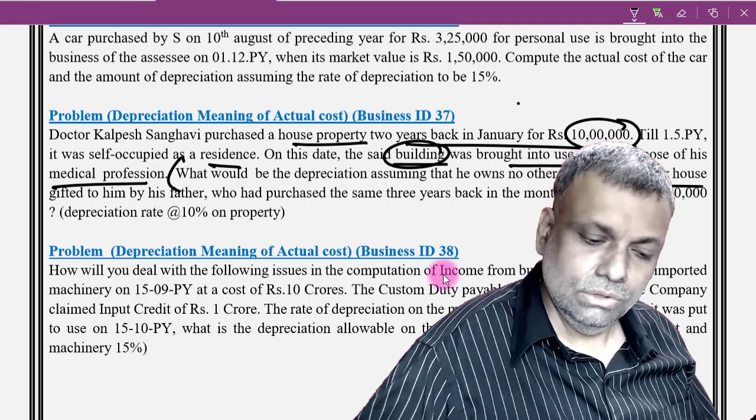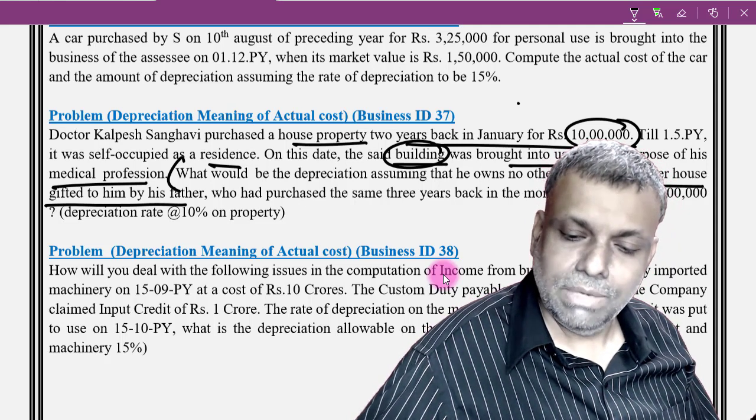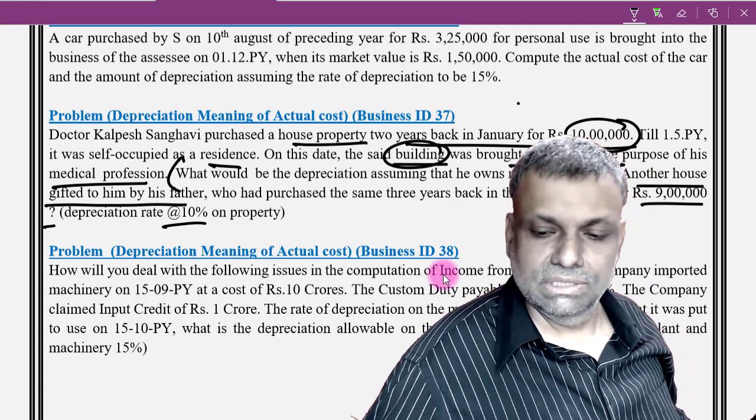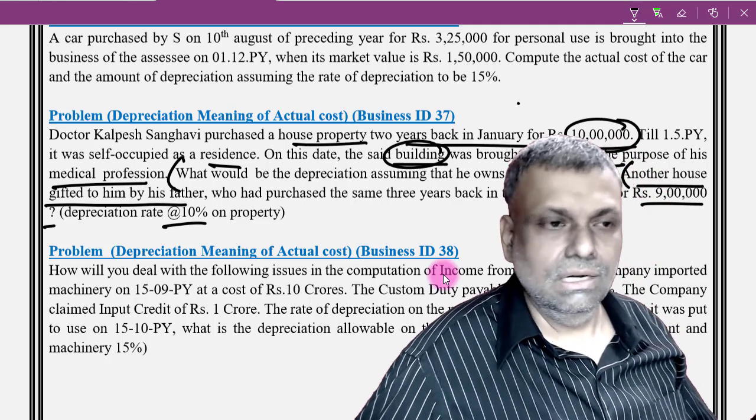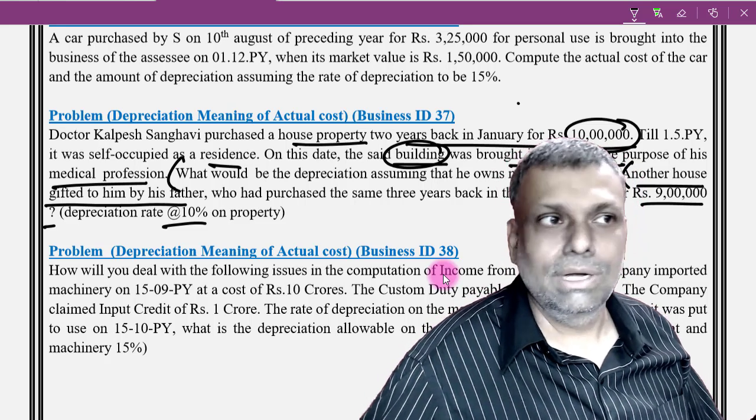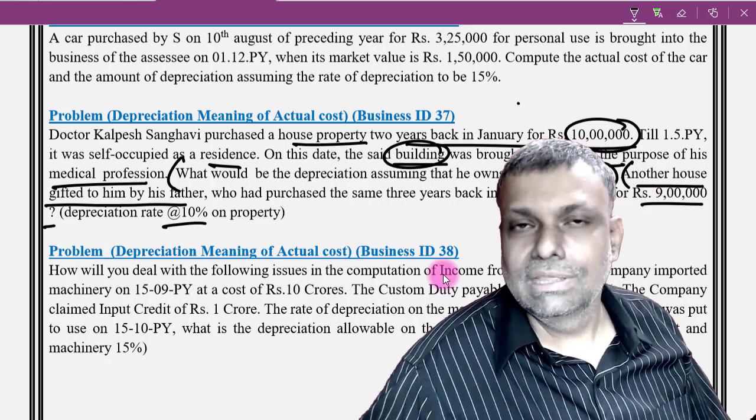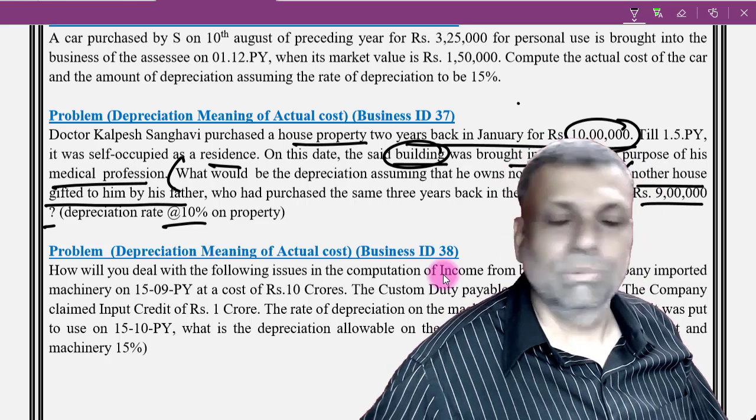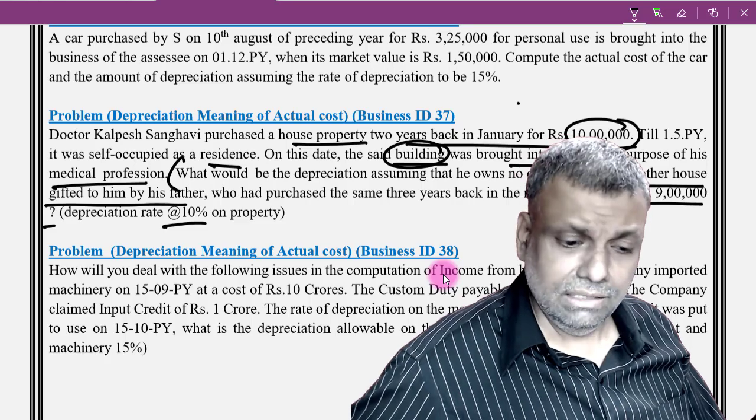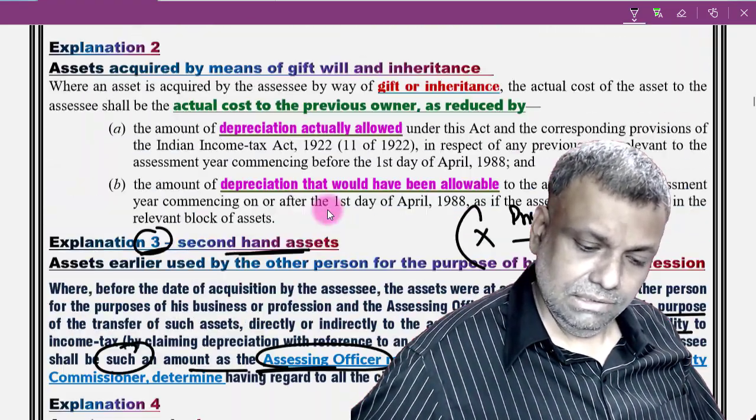Now another house was gifted to him by his father, who had purchased the same 3 years back in the month of May for 9 lakhs. Depreciation is 10%. Now, if your father has already gifted another house to you, that means you have acquired this particular asset by means of a gift. So in that case, another explanation will be applicable, for assets acquired by means of gift, will, inheritance and all that. So the explanation is